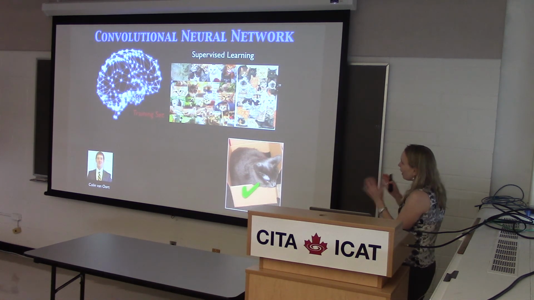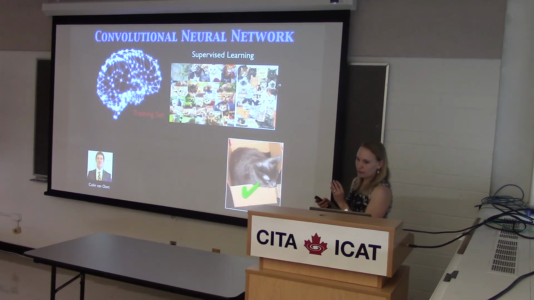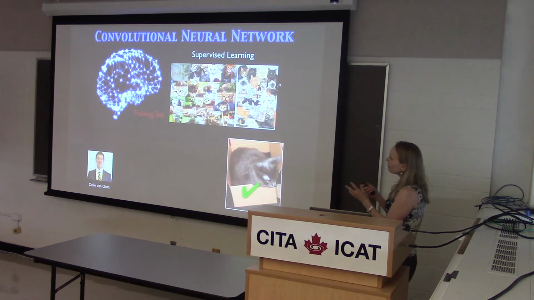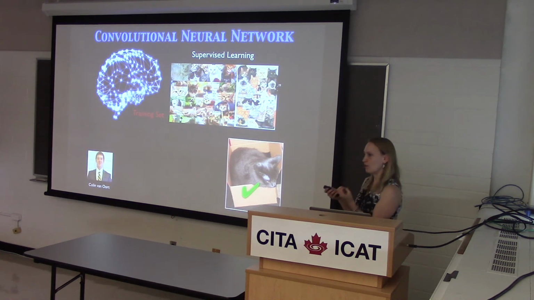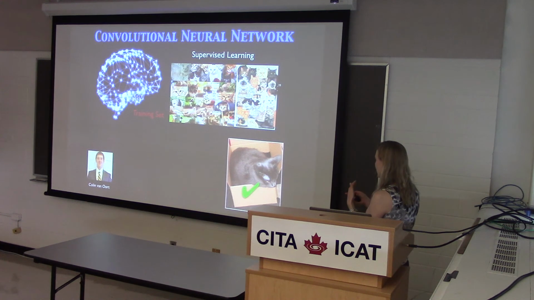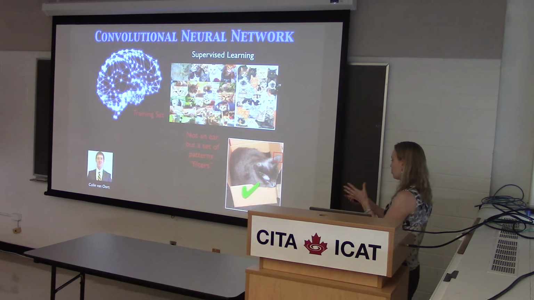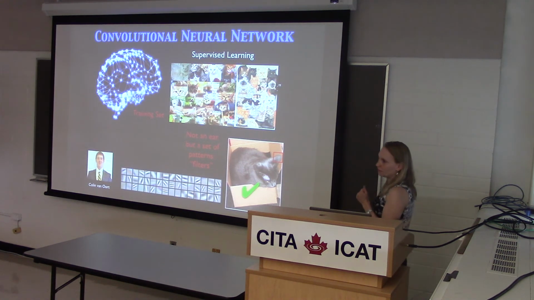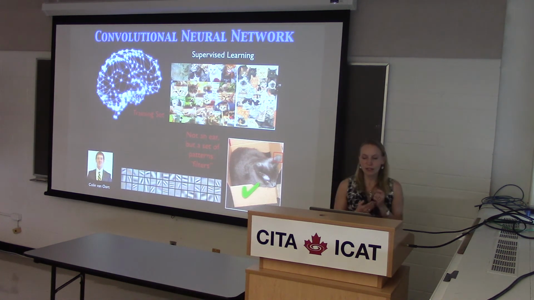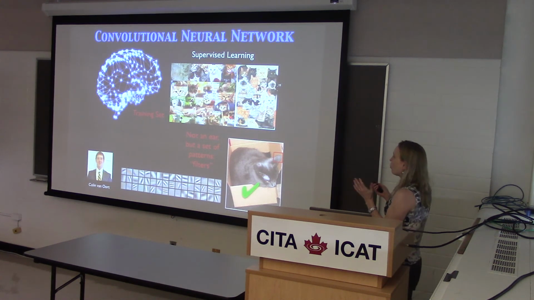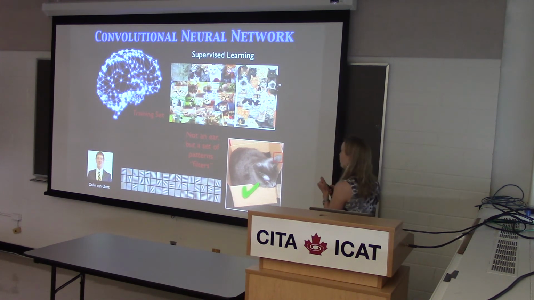Now, this is not exactly what your brain is doing. Your brain doesn't really see it in terms of eyes and ears and noses. What it sees is a set of patterns or filters. So in fact, this cat might be stored in your brain like this. So this is basically what this neural network algorithm does.